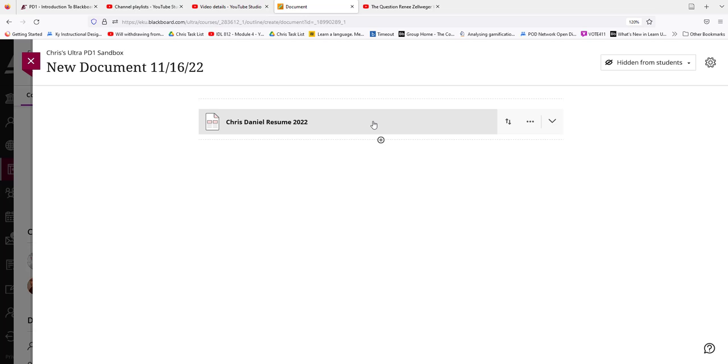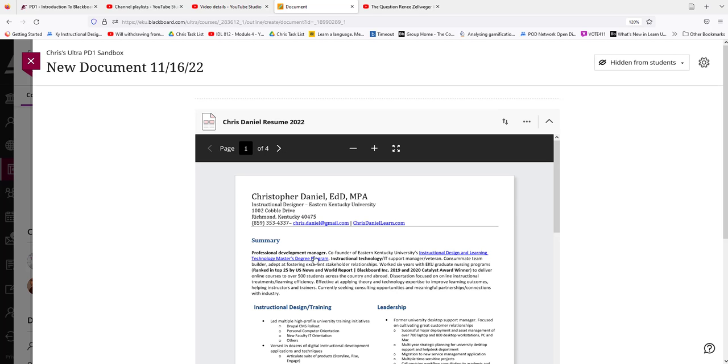So that's great. So when a student clicks on this particular file, remember I have to use the words document and content a little bit differently when I'm talking about Blackboard Ultra. So when this PDF file is attached to this document, then students will be able to see it, they can zoom in, and so that's very nice. However, the big limitation is that if you needed to make a change in this document, you would need to